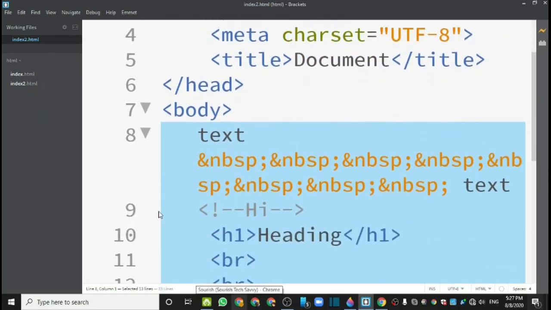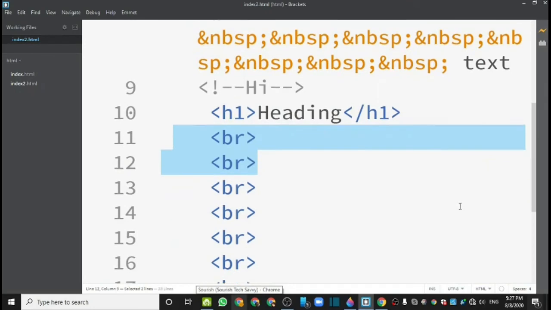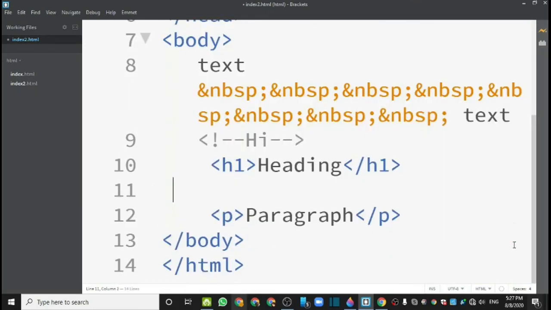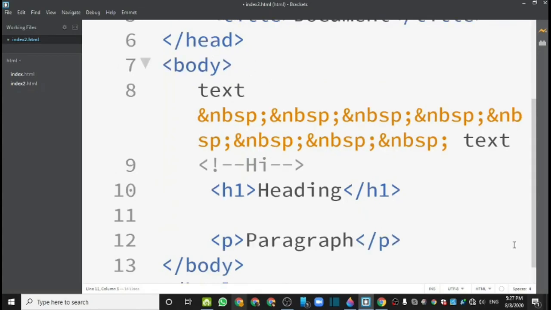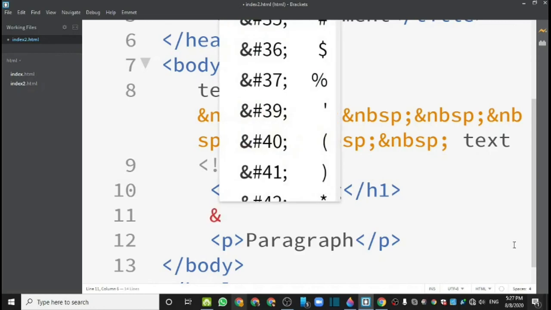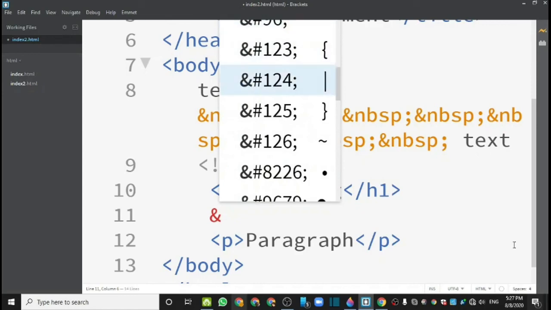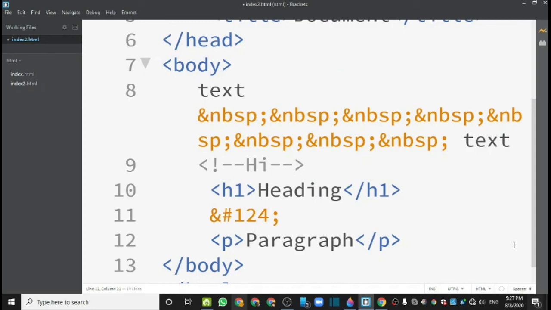So guys, I said that there's a lot of things that you can do with the ampersand tag. So I'm gonna just remove all these breaks. Let's see what we can do with the ampersand tags. This tag has a lot of things here. You can see it has a lot of things like this line is there, which only comes if you, on some people's keyboards it doesn't really look correctly, but